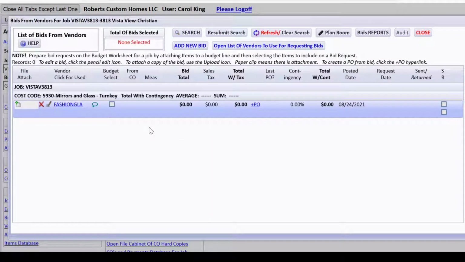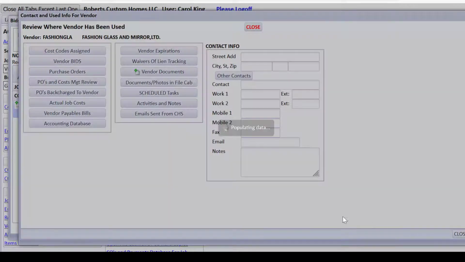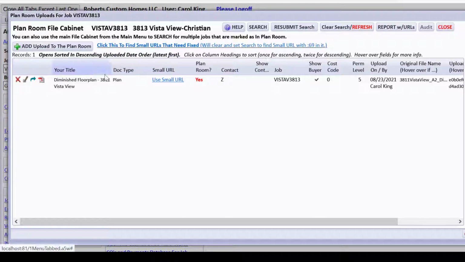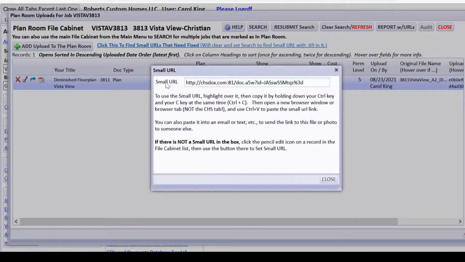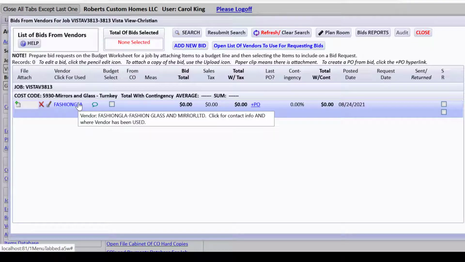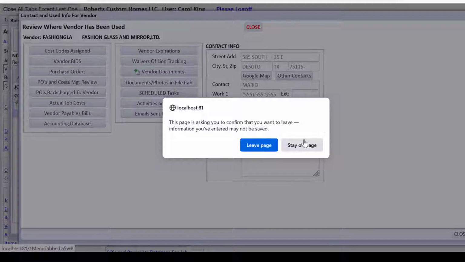Now let's say I did use some tool to send something to them, or I looked up their phone number, and called and asked them for it. I'd like you to know that if you do plan room, we've uploaded one floor plan for this job, that's all. But if you highlight over it and you do Control C, you've copied a short URL to that plan. And if you decide to go from here to request a bid, you could do it really by sending an email on your own, but you have that short URL copied in your clipboard and you go out and do an email to them. Or if you clicked Fashion Glass right here, you could click the email hyperlink,